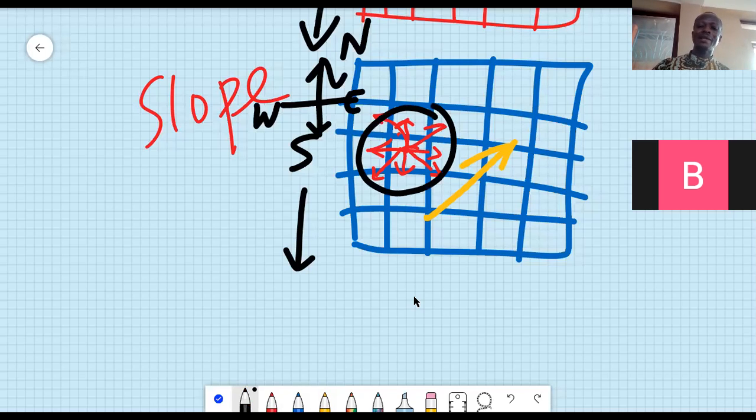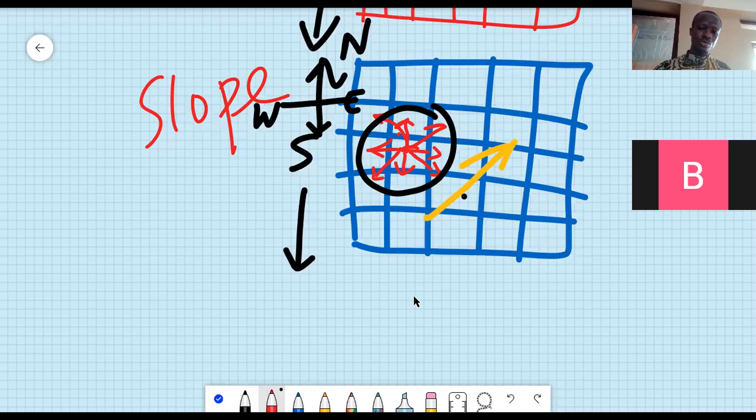Since I can determine a direction, I can determine a bearing. Are you okay? So you can see that it's possible. Yes. So if water falls, for example, from this cell, if the maximum value in the slope is actually